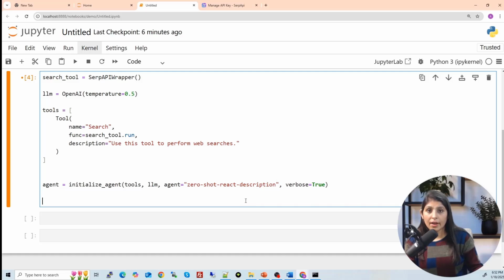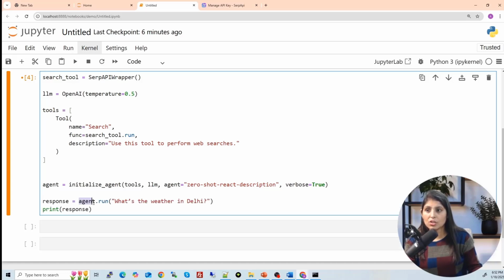Now we have defined the agent. Now let's try to test this agent. We will ask a question to it. For that you will write agent.run and provide your question over here. First this question will go to the LLM. The LLM will understand the intent of the question. On the basis of that understanding, the LLM will choose which tool to use. Then that tool will be used and the output of that tool will be given to the LLM again. The LLM will present that output in a user-friendly form. So let's run it and see.